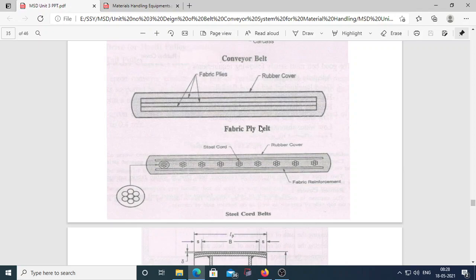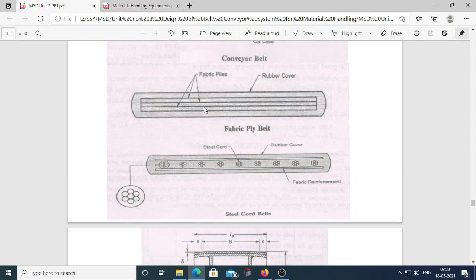The rubber acts as a single mass without discontinuity, making the belt more homogeneous. In the fabric belt we are using a number of plies, here 1, 2, 3, 4 plies are used. This is the difference between the two.